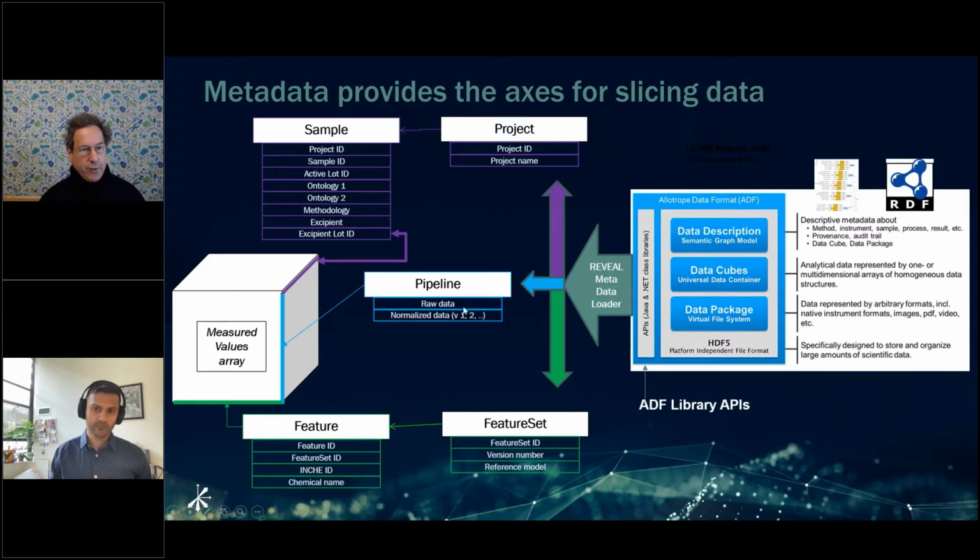Pipelines that allow you to actually work with both raw and normalized data, which can be very helpful, especially if you're interested in intercomparing different instrument results where you don't want their normalization routine necessarily. And then, of course, the information for the features, which could be things like in-sheet, could be chemical names. Analytical scientists use this word feature, but it's very flexible to essentially name the entity, right, of whatever it